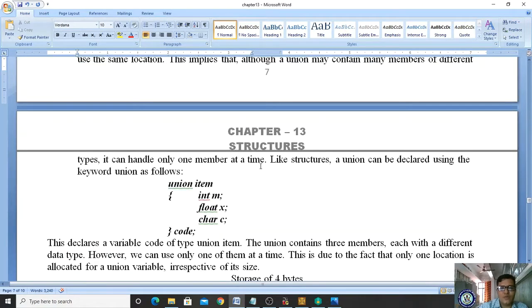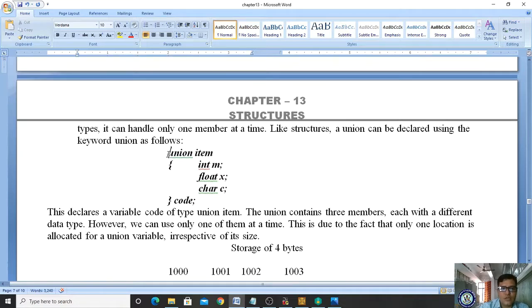Let us see here. For example, union. The syntax of union is the same as the structure. Here the keyword will come as union. So the keyword is union, and item is the name of the union.